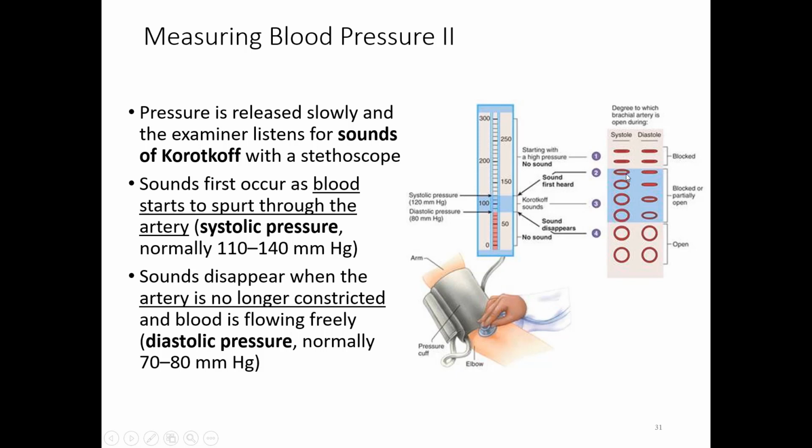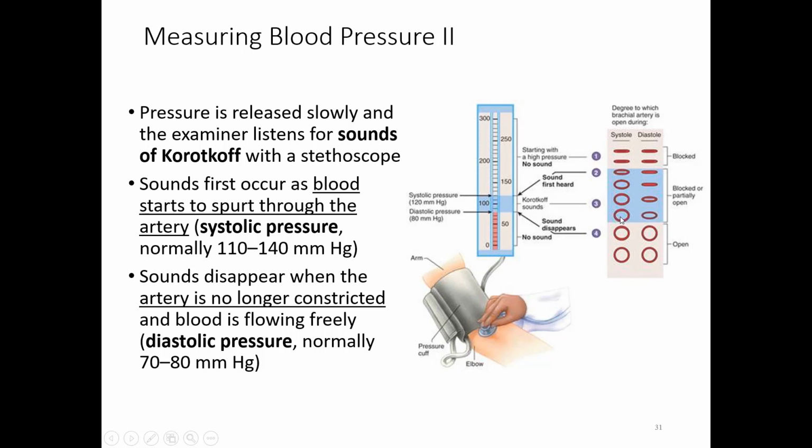The artery opens a little bit and a small amount of blood goes through it. Then during the diastole, blood pressure drops and the sound disappears. It continues for a while. Those sounds are called the sounds of Korotkoff, or Korotkoff's sounds, and when the first sound happens, it's called systolic